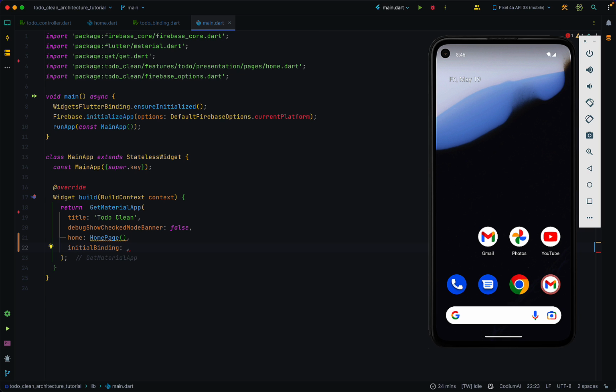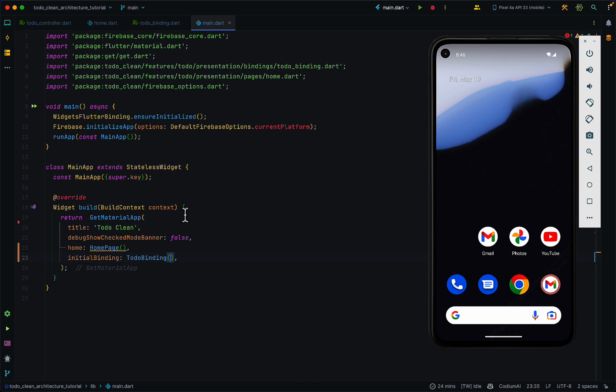And then call our binding, so HomeBinding, no, TodoBinding, like this. And this binding will be injected whenever we come to the initial route, right? So